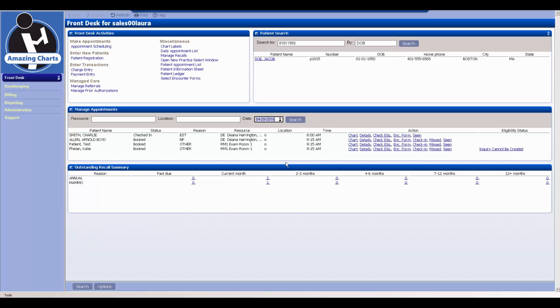And then finally down here is the outstanding recall summary pane. So this is an optional feature in Amazing Charts PM that you may or may not decide to use. Recalls can be used to track upcoming appointments for patients, and it can be used one of two ways. You can either use it to reach out to patients that are coming in for specific appointments and they have